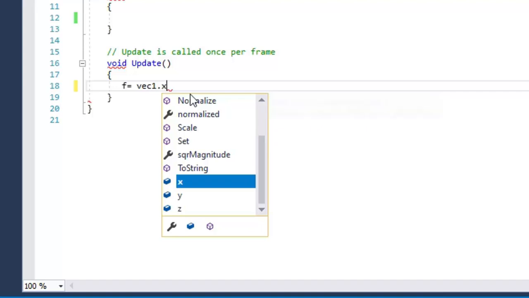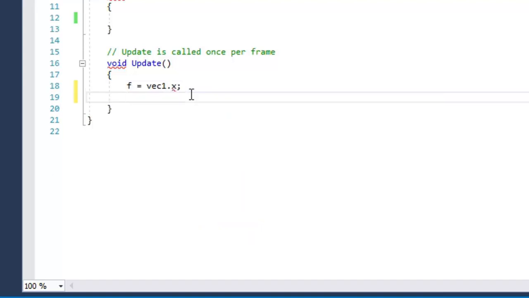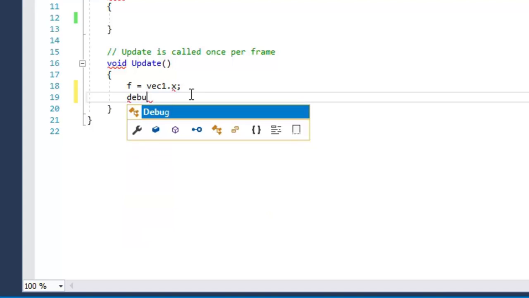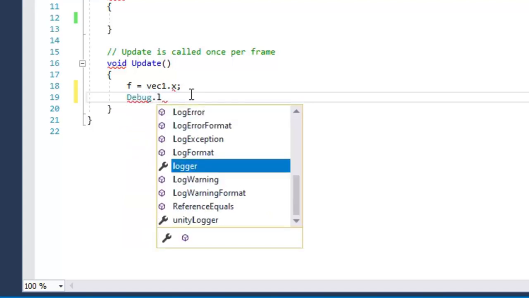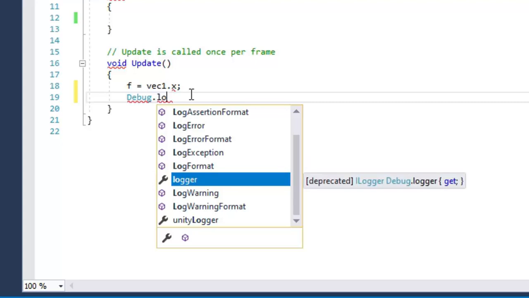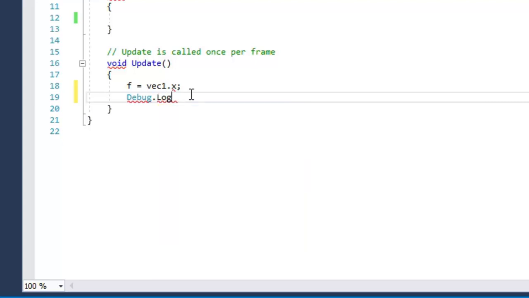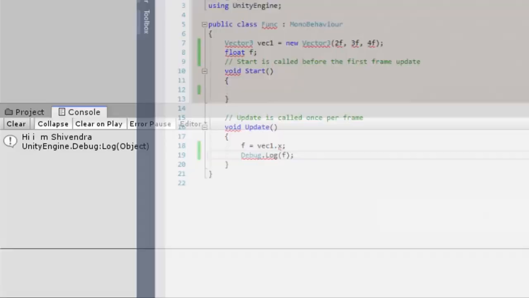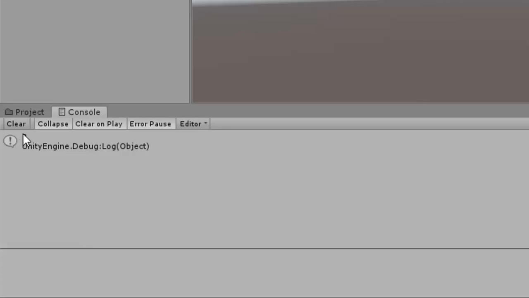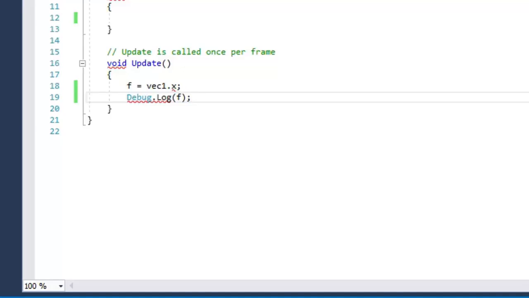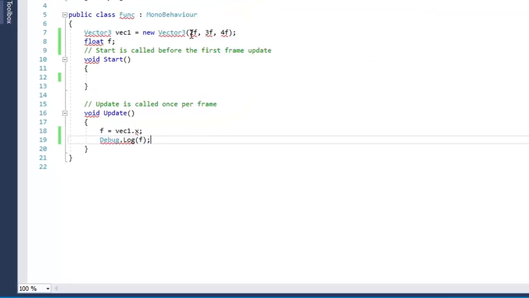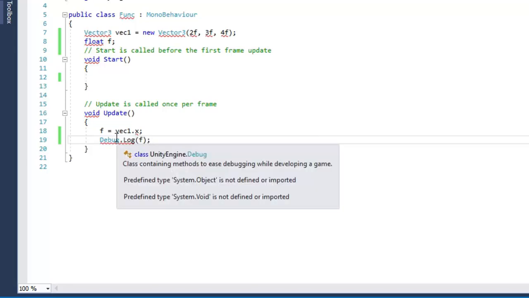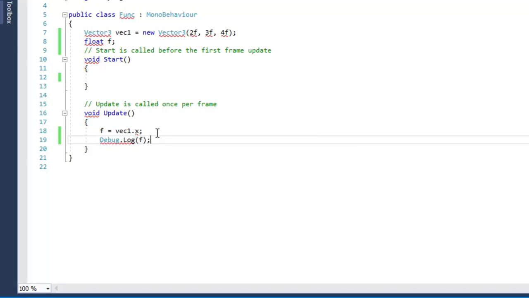If I write x here, what will happen? You can see 2 is printed, because we have assigned 2 to the x coordinate and we are printing x here.